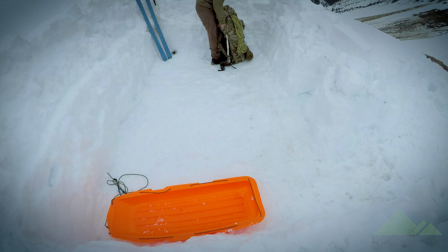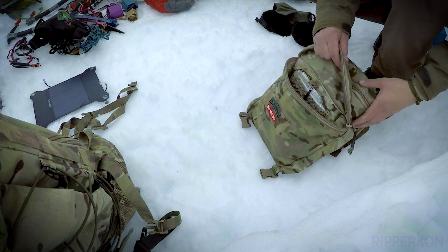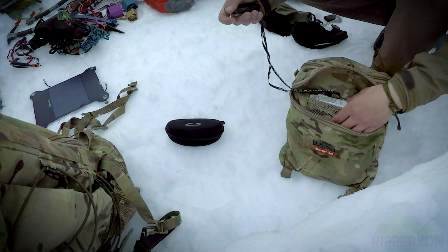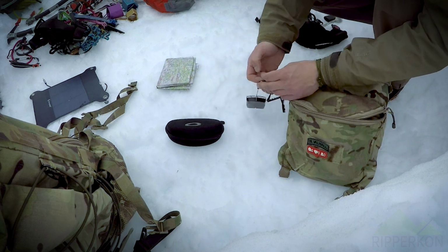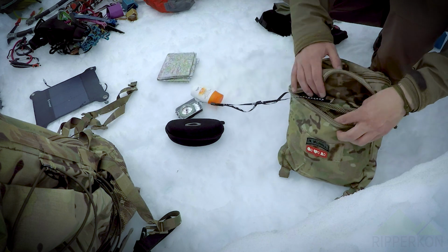This is a sled for the heavy backpack. Total weight is 46 kilograms. In the top part of my backpack I have got sunglasses, extra dark, a compass, a waterproof map from this area I'm in, I'm using sunscreen,